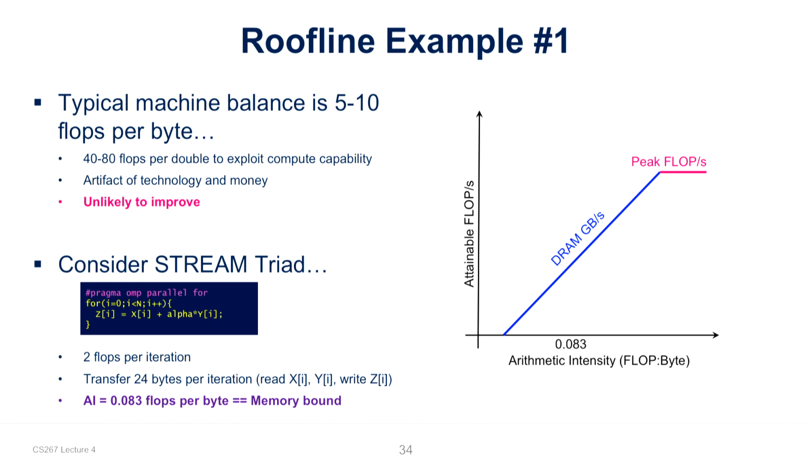So this is just multiplying a constant times a vector, adding another vector, and then putting the results. There are just 2 floating point operations for every iteration of that loop. And you're transferring 24 bytes per iteration because you have to read the element of x, the element of y, and then you have to write the element of z. So you've got 3 times 8 bytes that you're moving,